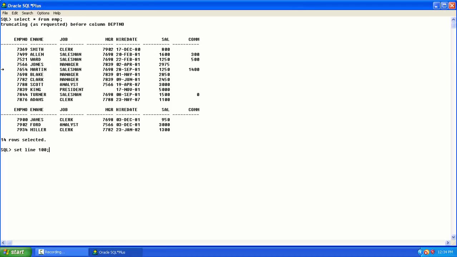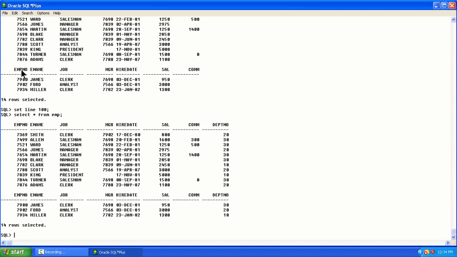Let's set line to 100 once again, and now let's select the whole thing without any truncations here. So here we don't have any truncations. If you observe in the previous